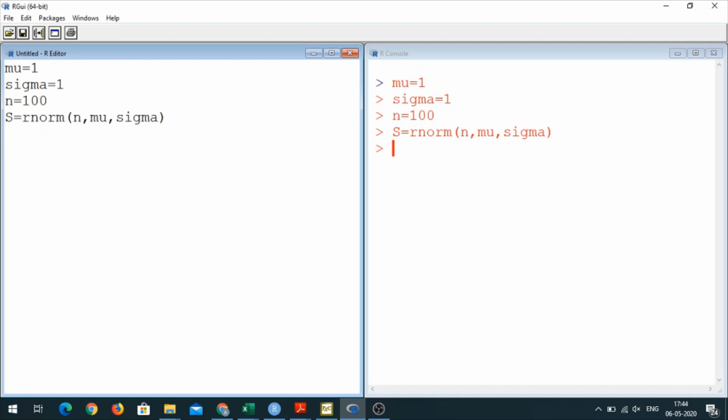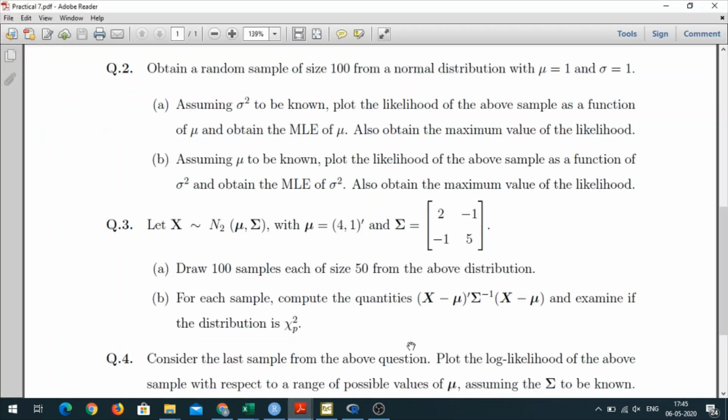Now I want to compute likelihood. Okay, so what is likelihood? Likelihood is actually PDF of normal, product of PDFs. So PDF is given by dnorm. So dnorm I have to compute at S, and with which mu and sigma, that is the key. In likelihood, we assume that likelihood is always a function of parameters. So here it would be function of mu and sigma, which we have to input. Sigma, it has been told to us that we are supposed to assume as known. So sigma we would keep as 1, and we have to plot the likelihood as a function of mu.